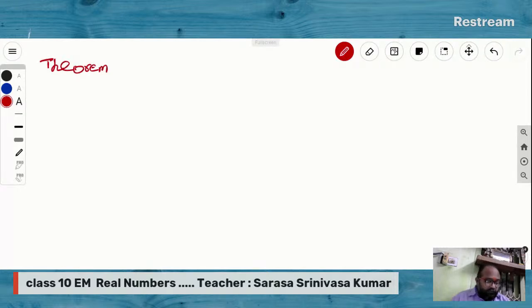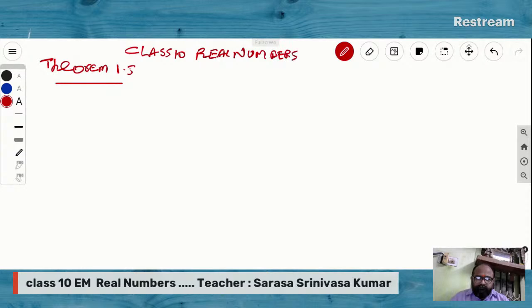Theorem 1.5. This is class 10, Real Numbers, page number 12. Theorem 1.5. Let